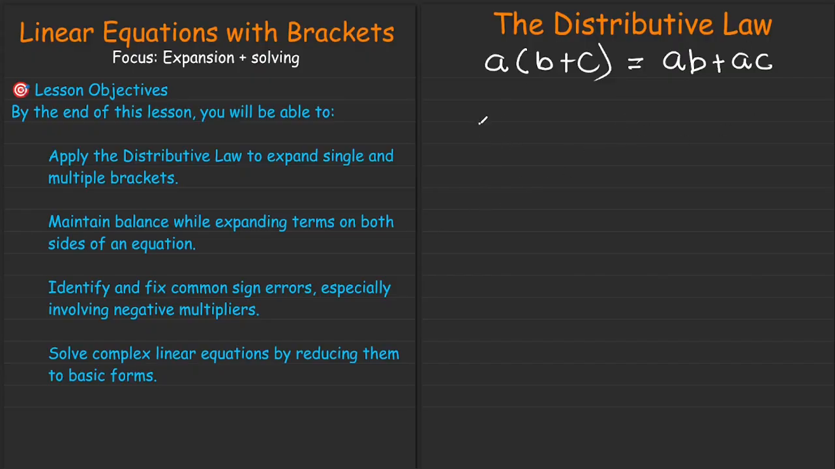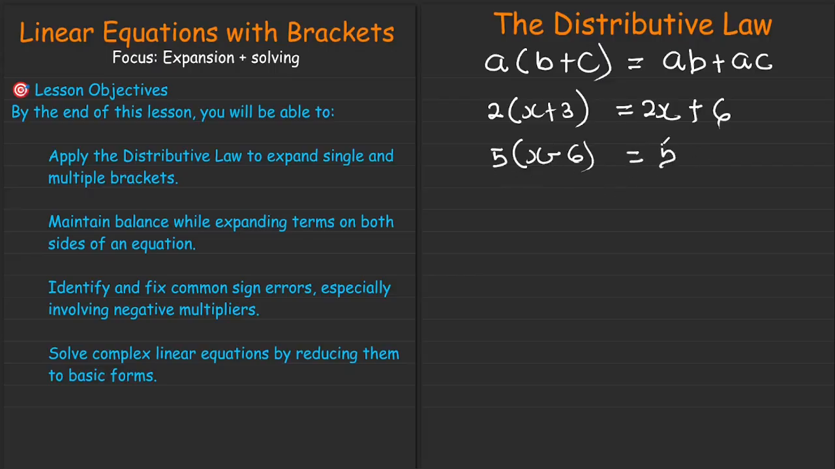Applying this law, we can expand expressions such as 2 into bracket x plus 3, where 2 multiplies x to give us 2x, and then 2 multiplies 3 to also give us positive 6. The same way, 5 into bracket x minus 6, this time with a negative term inside. So we have 5 times x giving us our 5x, and then 5 times 6 giving us our negative 30. So with this in mind, let's look at how we can actually apply it in